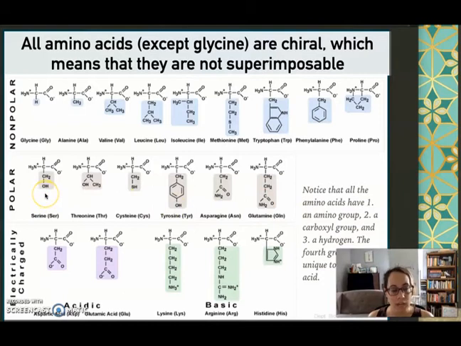And what they have in common is that a lot of them have oxygens, and that is an electronegative element. And again, we said that all we need to know about electronegativity for our class is that certain elements are more electronegative, certain elements have a stronger tendency to pull